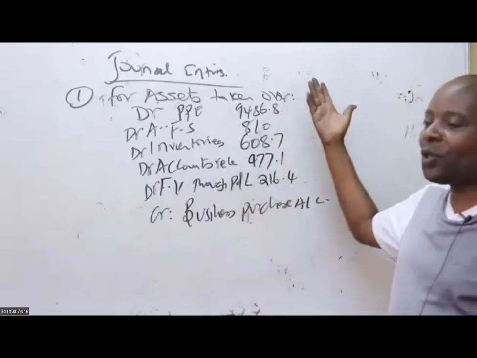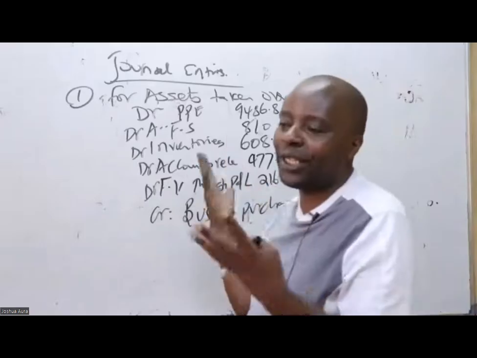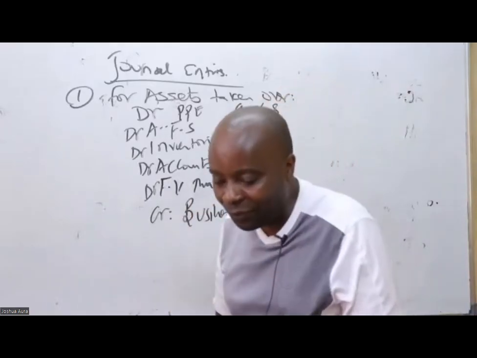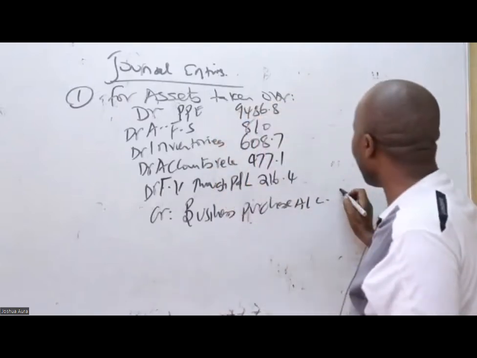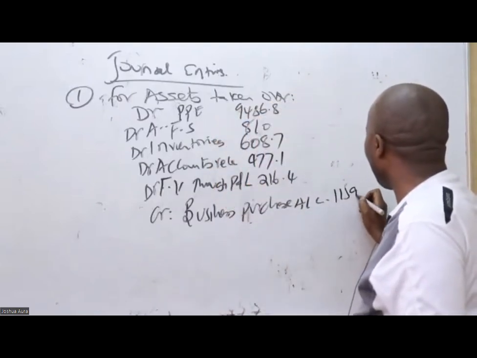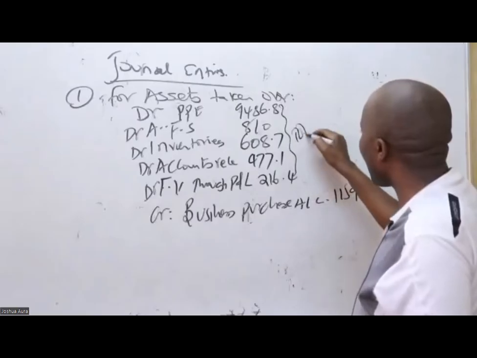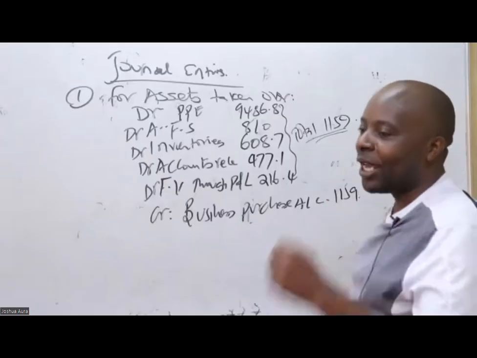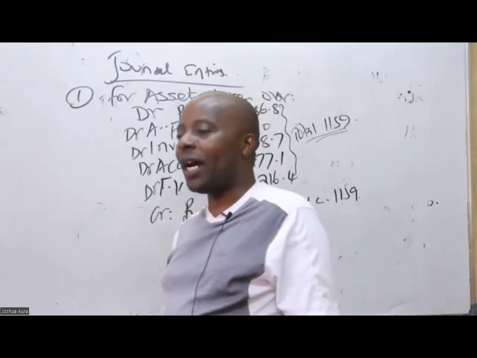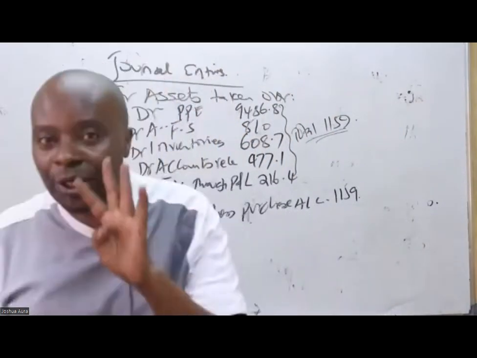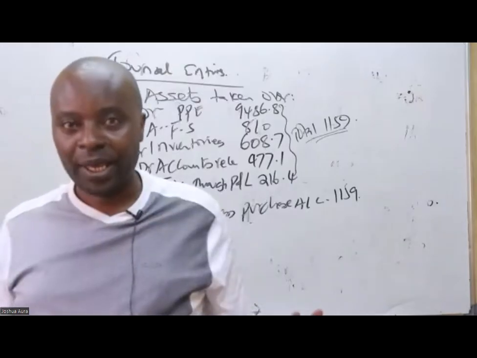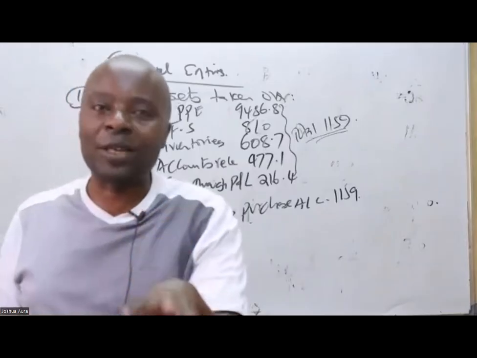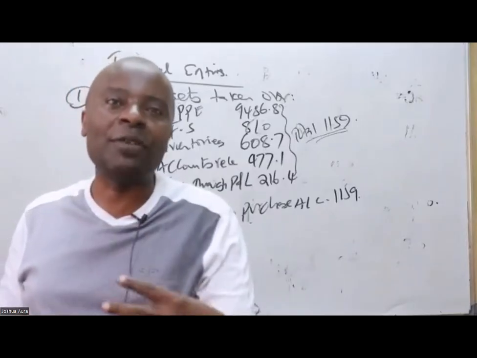Look, these journal entries, I can even start with them because they are free marks. So number one is 1159. This 1159 is the total here. There you have secured your marks, you are heading to passing. You see, they had a question just for journal entries. Actually, the way I would have done it, I'll give you the secret later, I would have started with the balance sheet and then done the journal entries, because they're really very easy.